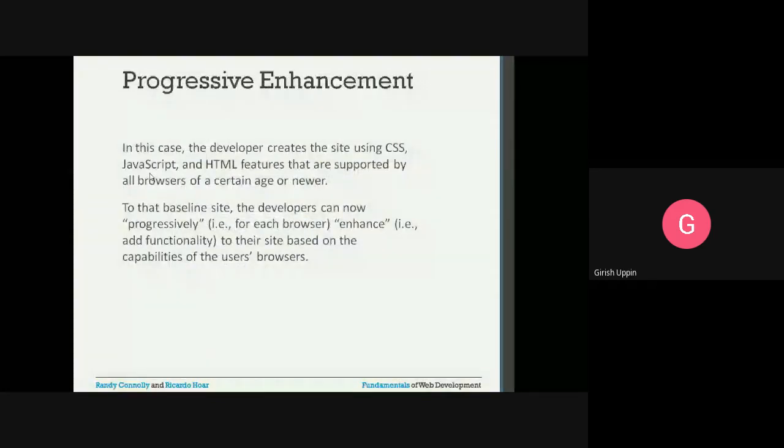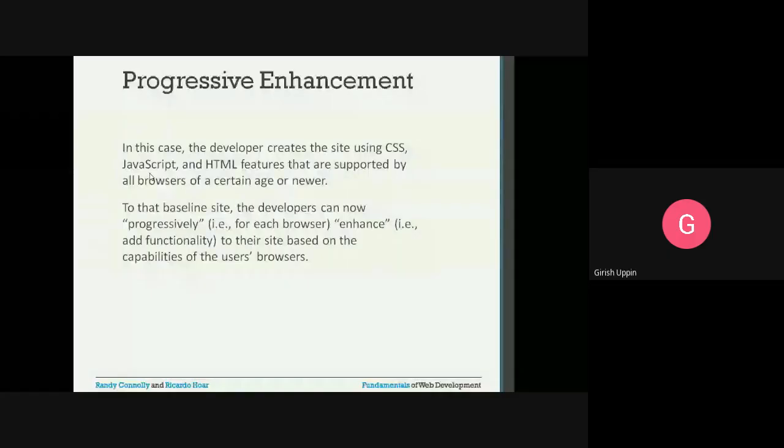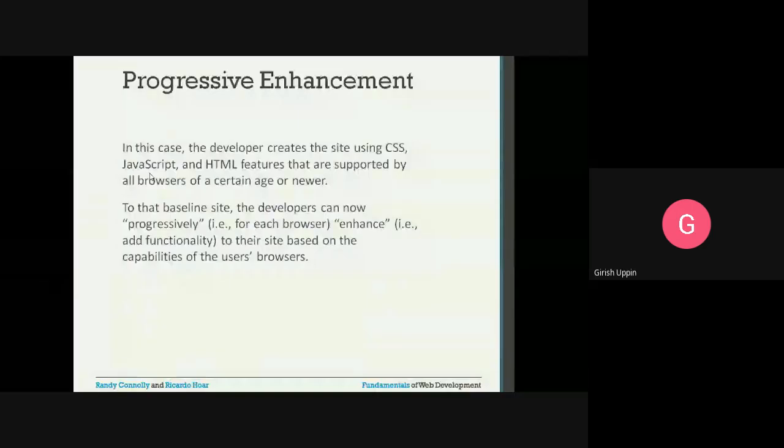So you will not develop your application for the current browser, but maybe one or two versions older. You will take that as a benchmark, and you will write your application for that, and you will progressively enhance. If you see the latest version of the browser, you will give the enhanced features. So that is the strategy used in progressive enhancement.